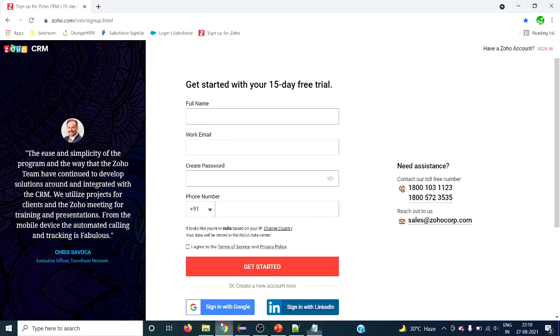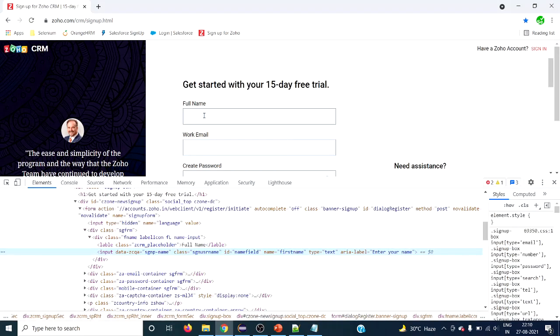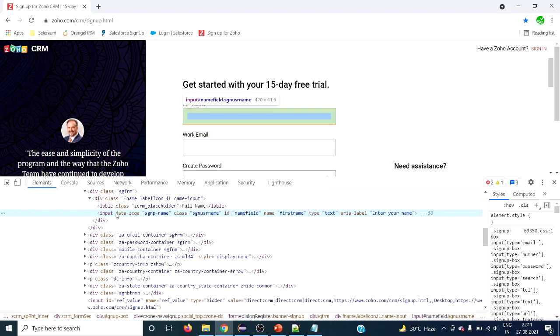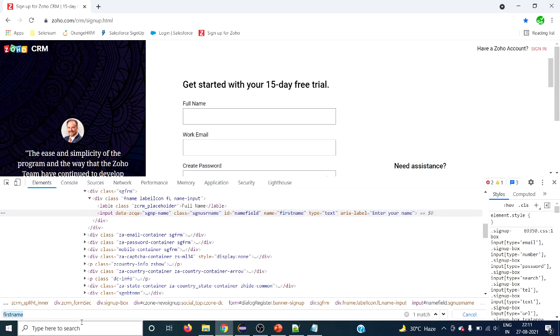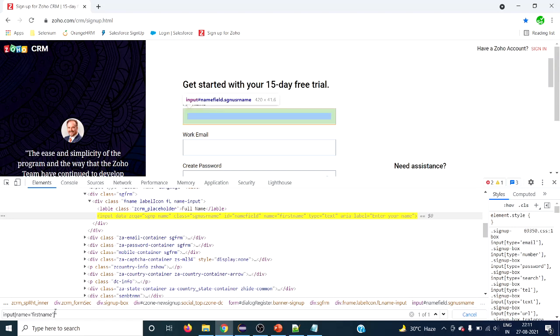Let's see this particular site. Let's type in the full name. This is an input tag, so let's not use class and ID, let's use the name attribute. Let's figure out the name of this first field: it is an input tag, so within square brackets we use name equals this value, like this.